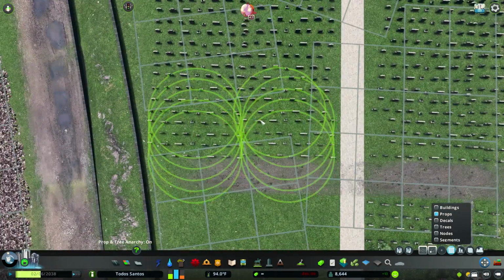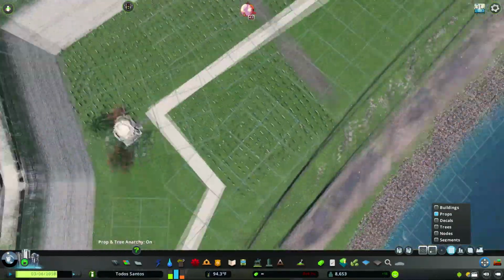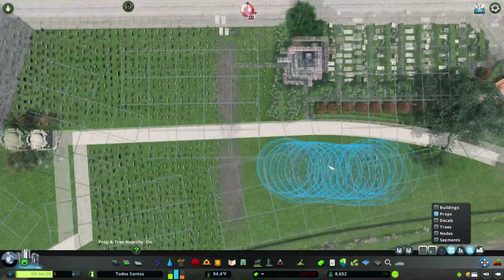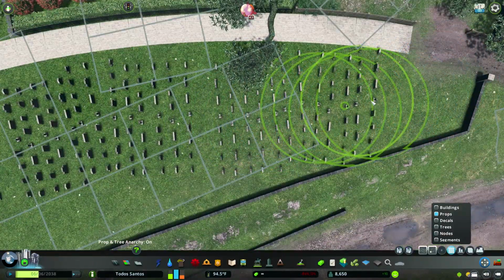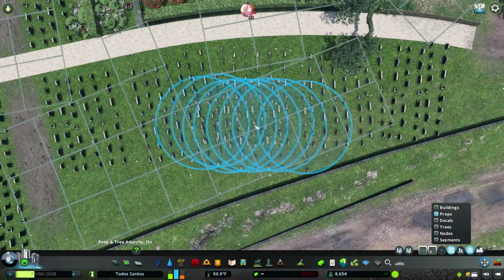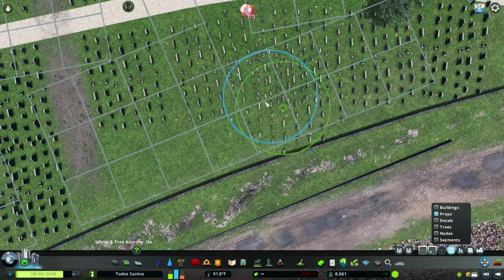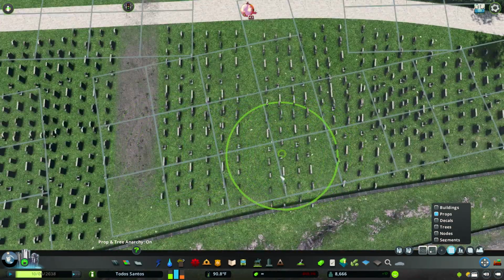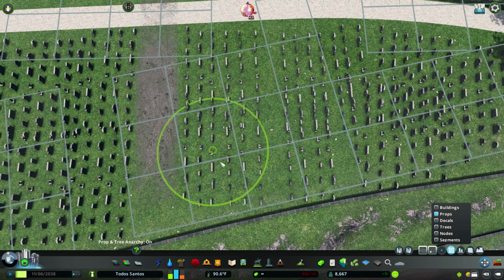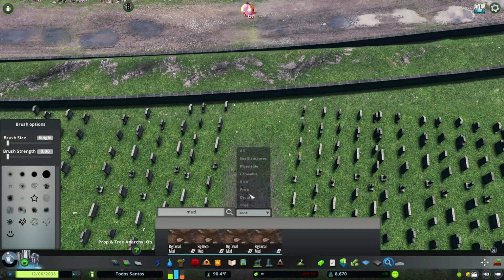And another gripe I had with this build is these grave assets. I think they look really nice, but when I have a bunch of them lined up, you can see the pattern pretty clearly from above. And also the angle I had to work with here was a little frustrating. As you can see, there's a lot of overlapping, but I didn't want to focus too much on how they look in close-up,